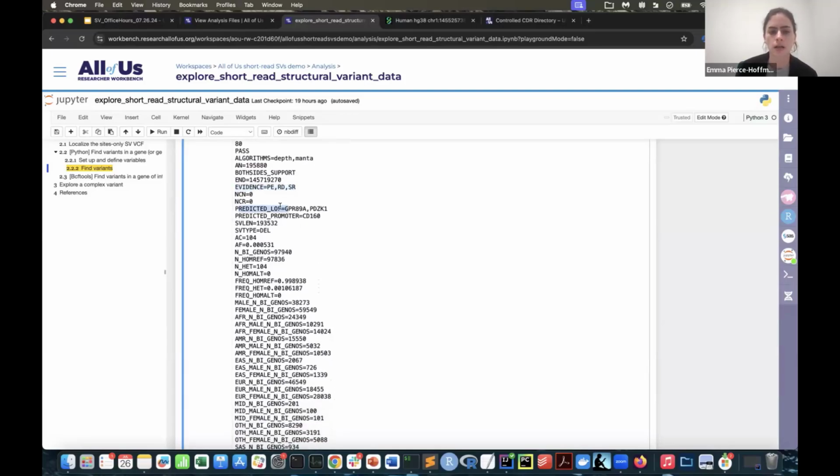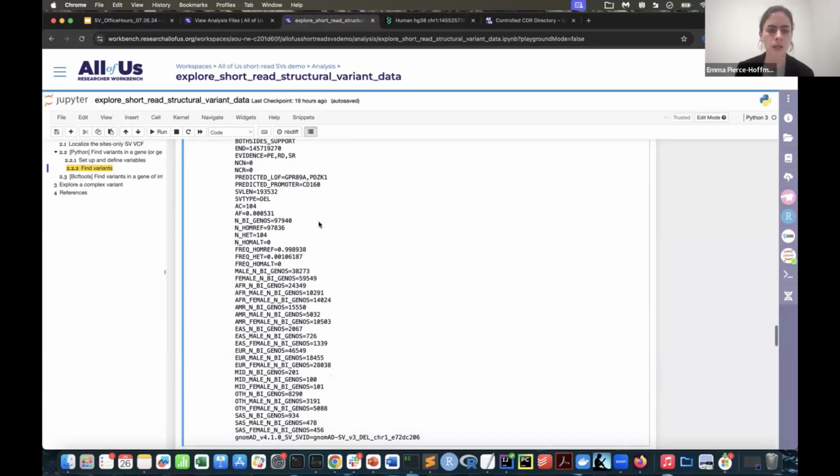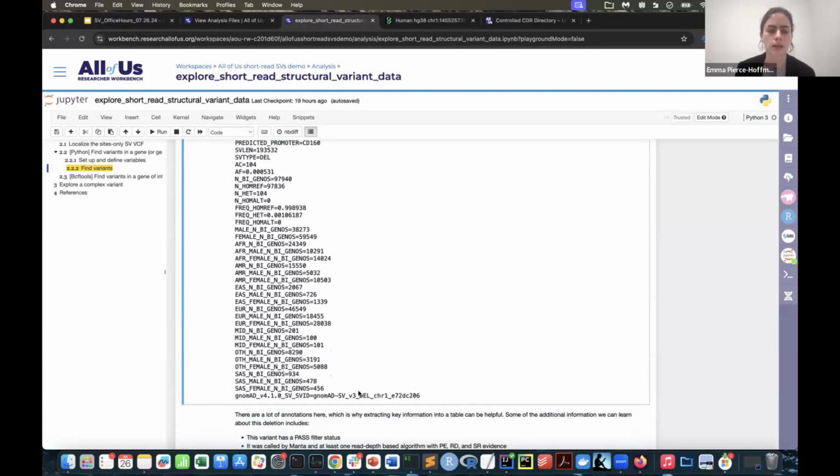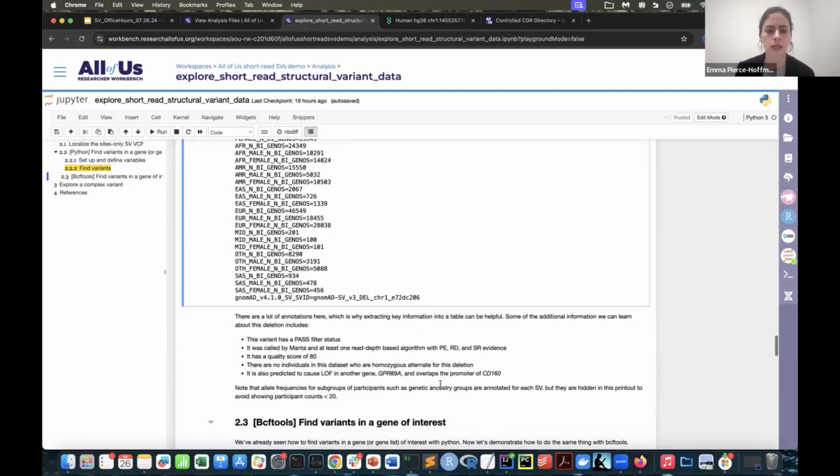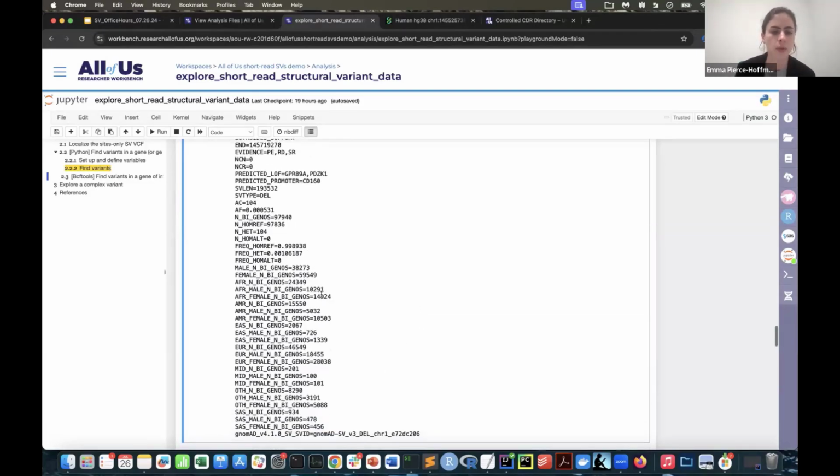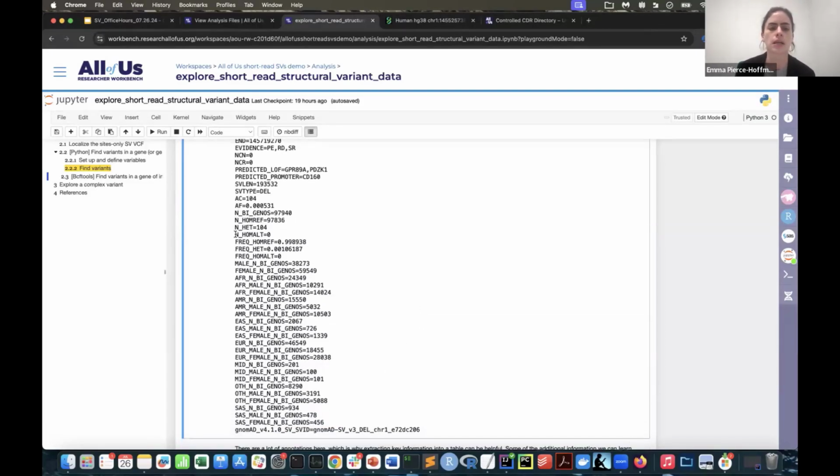It's predicted to cause loss of function in the other genes that we saw in UCSC as well, that GPR89A gene, and it also overlaps the promoter of another gene, CD160. And one more thing I wanted to mention is that you can see the NHOMALT field is 0. So that means that there are no individuals in the All of Us data set who are homozygous